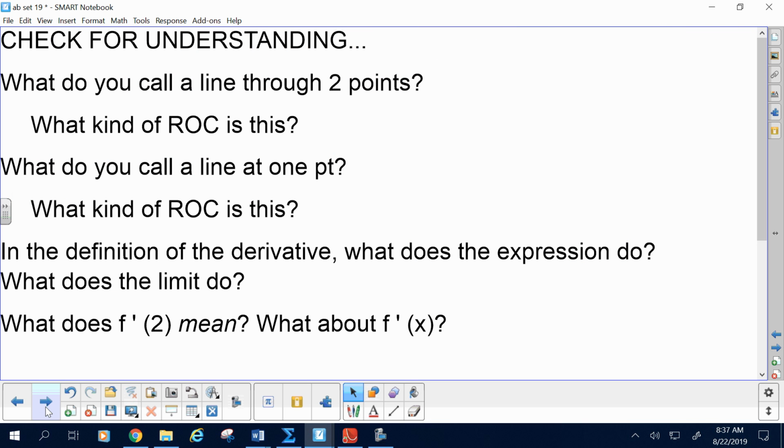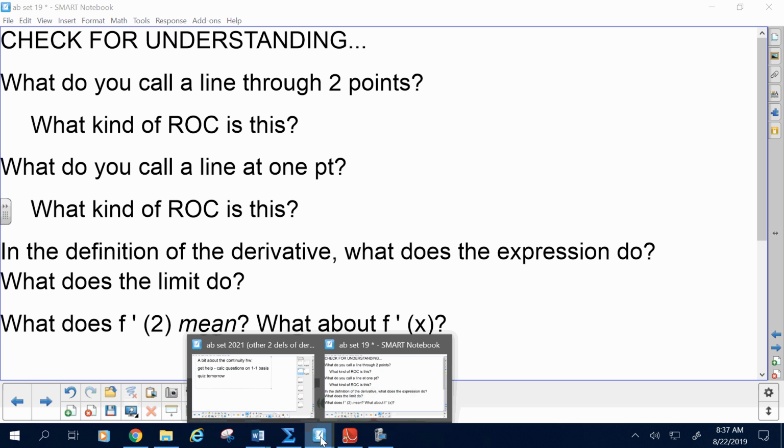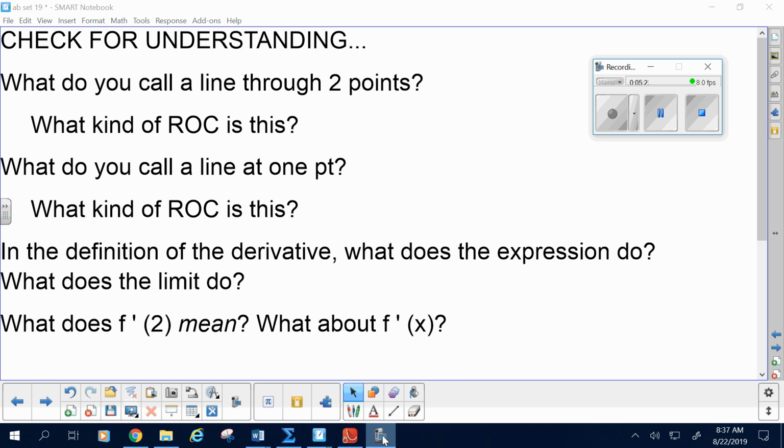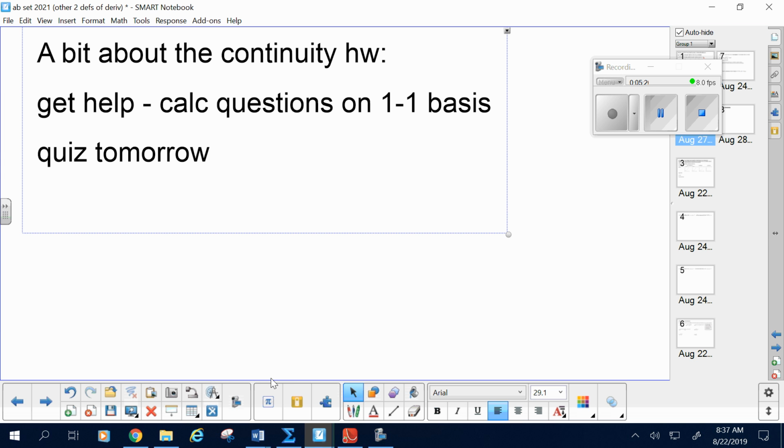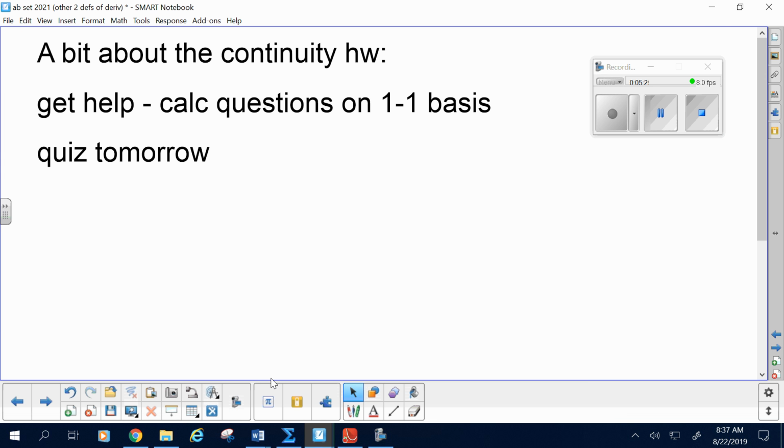Looking at, oh, this is the wrong one. Did I start recording this? Yeah, okay, cool. I'm a little behind in my grading, and that's got to be frustrating because I do have a quiz for you tomorrow on this. But I'll just say this. Some of you are locked in, you totally understand. Some of you have kind of misconceptions on some things. I'm not sure if you're clear.